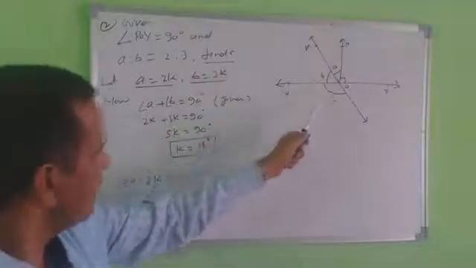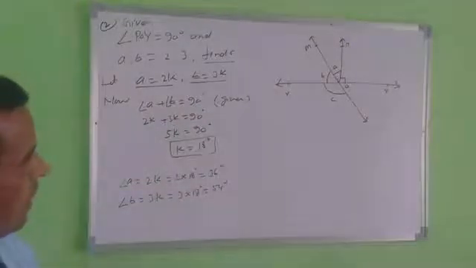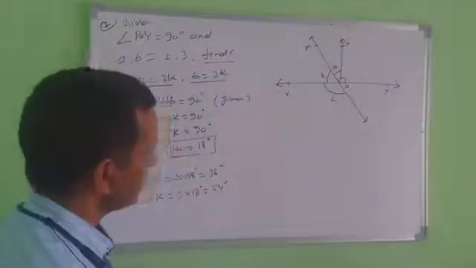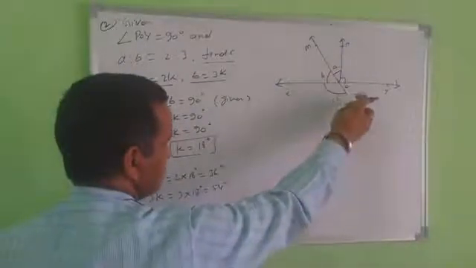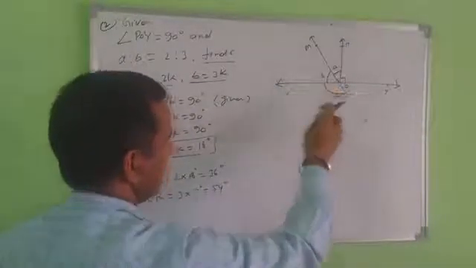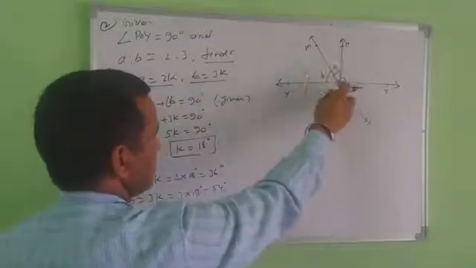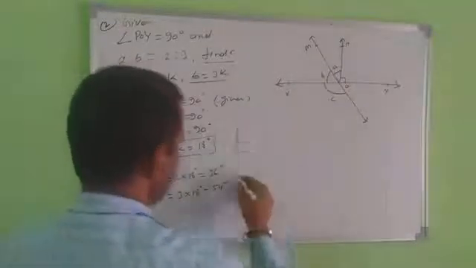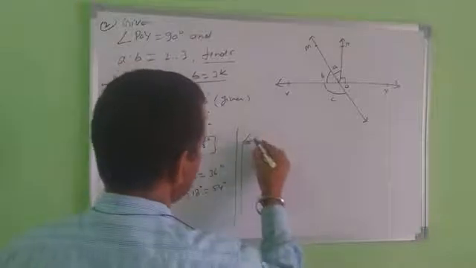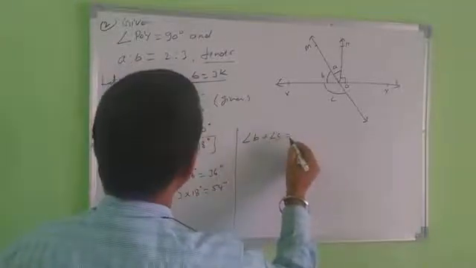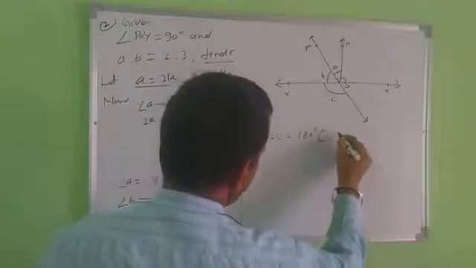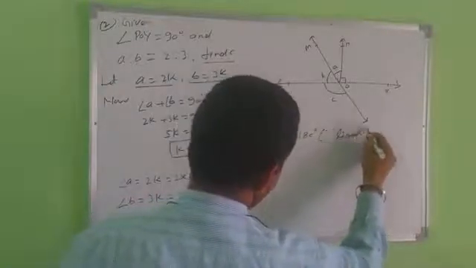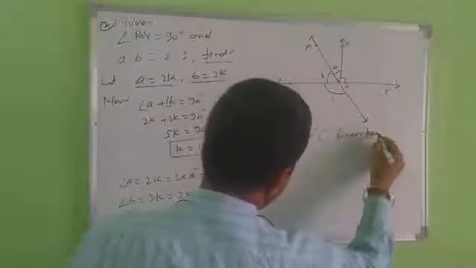This angle. So how do we find the angle C? Now you check this. This angle C is on a straight line. This one is a straight line angle. B plus C equal to 180 degrees. Then you can see here angle B plus angle C equal to 180 degrees. This is possible because it is a linear pair.